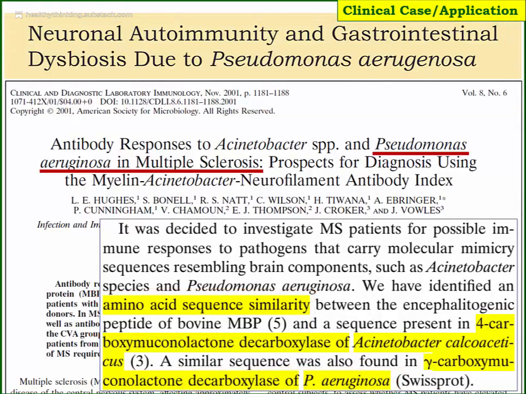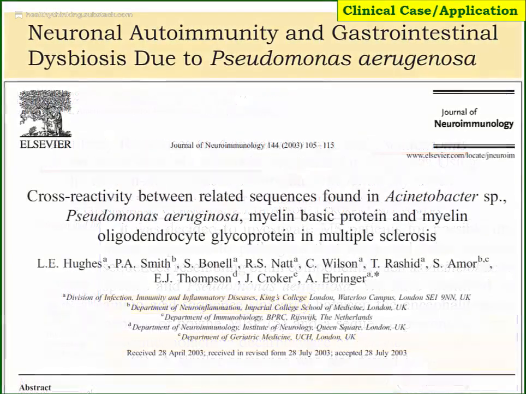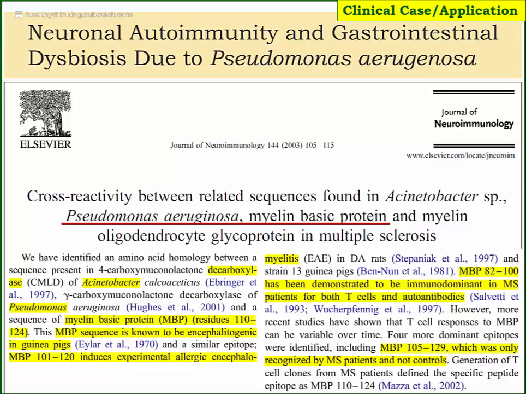So as you can see here, this article was published in November of 2001, Clinical and Diagnostic Laboratory Immunology. Let's look at another article published in Journal of Neuroimmunology in 2003, Cross-Reactivity Between Related Sequences Found in Pseudomonas aeruginosa and Myelin Basic Protein. Again, let's look at some of the details here. We see that Pseudomonas aeruginosa can cross-react with myelin basic protein based on a sequence found in an enzyme that it produces, and that's a decarboxylase enzyme. So in other words, Pseudomonas produces this decarboxylase enzyme,